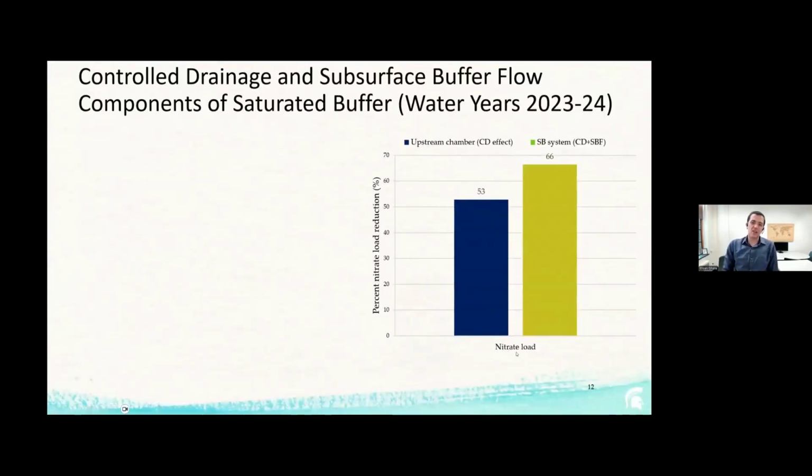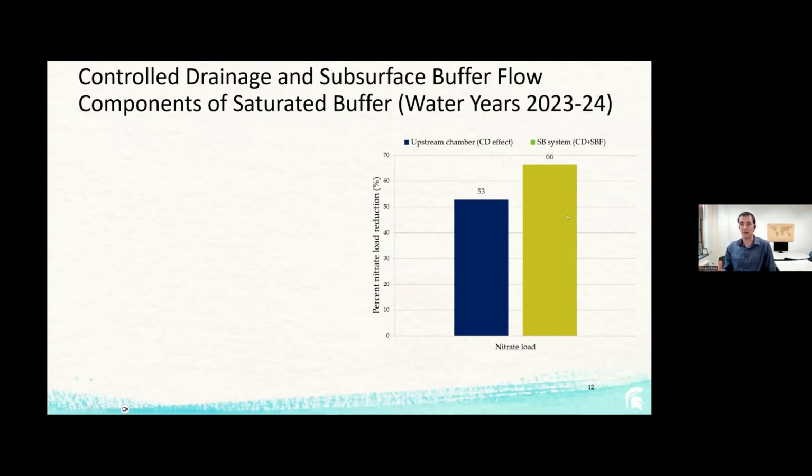So here I have a graph on the right. I have nitrate load, which is the main benefit here, and then I have the percent nitrate load reduction. Here you can see I have the upstream chamber effect, which is, in other words, a control drainage effect. I'm going to call it CD effect or control drainage effect. Over the years of 2023 and 2024, these are 2 water years, it had about 53% nitrate